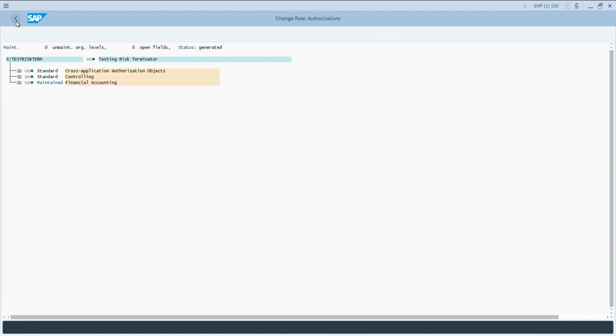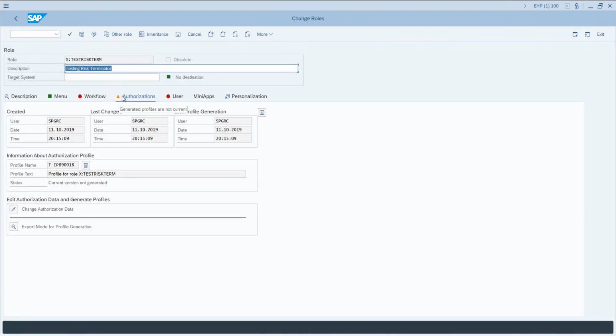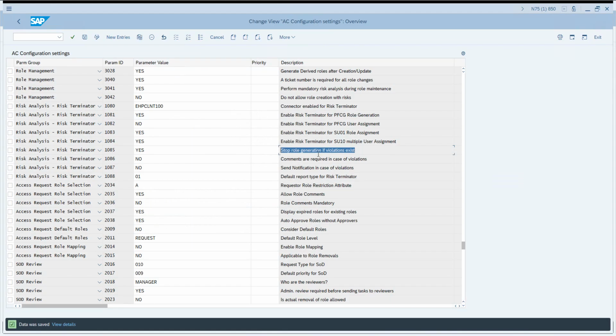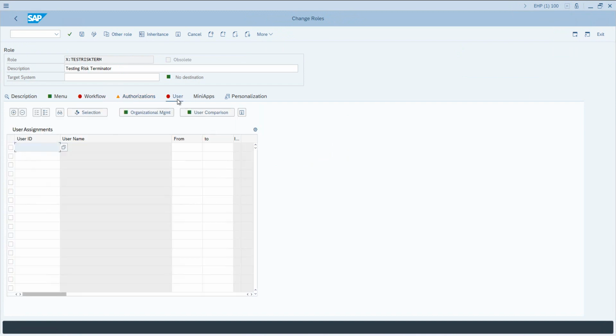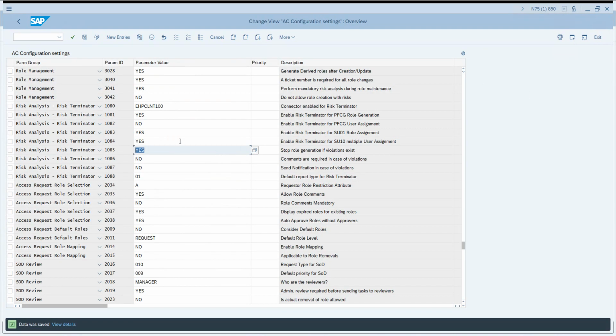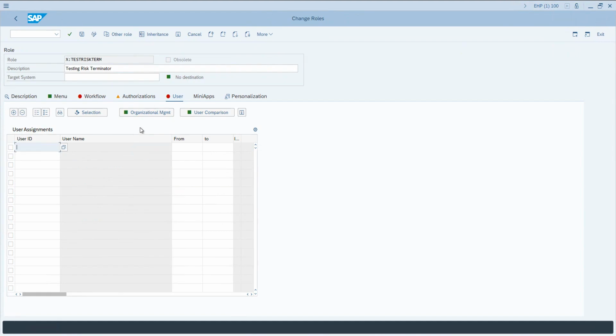But if you go out, you see this is not generated yet because generated profiles are not correct. This is happening because of the 1085 parameter. Now, if you try to assign the user, even then it will still not work. The role assignment will not be complete because the profiles are not generated.